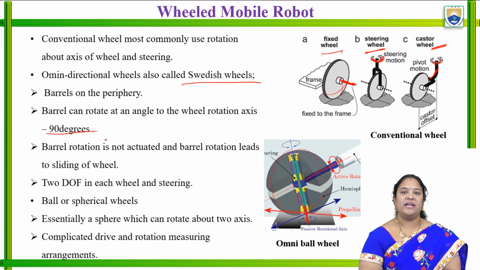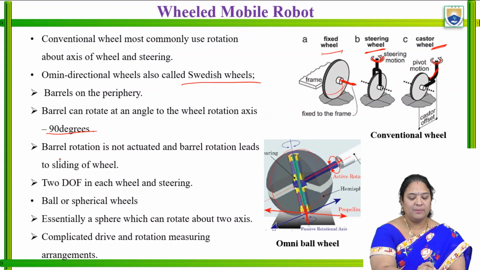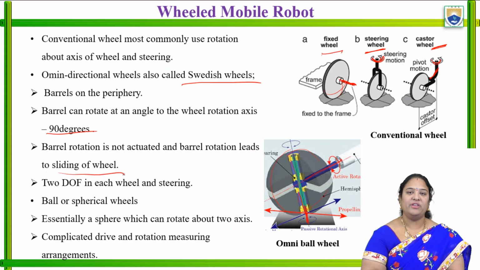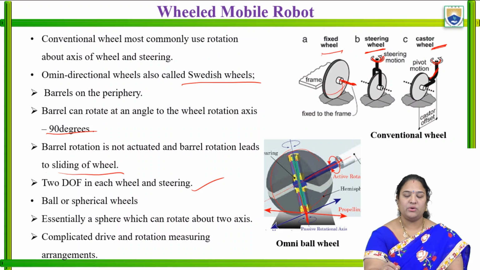The wheel rotation takes place at an angle of 90 degrees, and not only that, the barrel rotation leads to the sliding of the wheel. When the barrel is rotating, it leads to the sliding movement of the wheel, where it has 2 degrees of freedom, right? This particular type of the omniball wheel has 2 degrees of freedom with respect to the wheel and the steering,